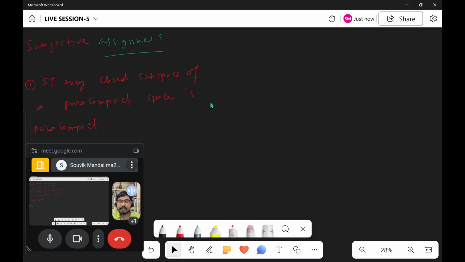Basically, in the case of compactness, you have done the same thing: a closed subspace of a compact space is compact. So use the same technique and try to do it by yourself. In the compact case, suppose you are given a closed set F and you need to show the subspace is compact. You considered an open cover and showed that that open cover union X minus F is an open cover for the whole space X. That was the trick. Take your time and think about it and let me know. First think for a few moments, then I shall tell how to approach this problem.